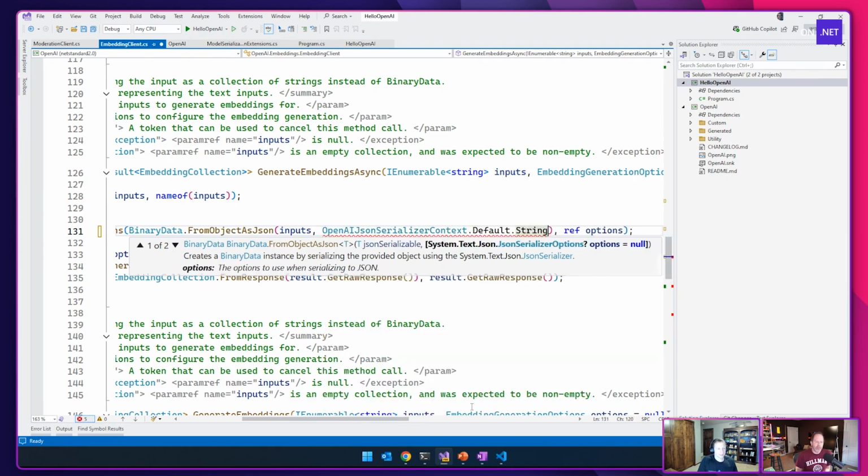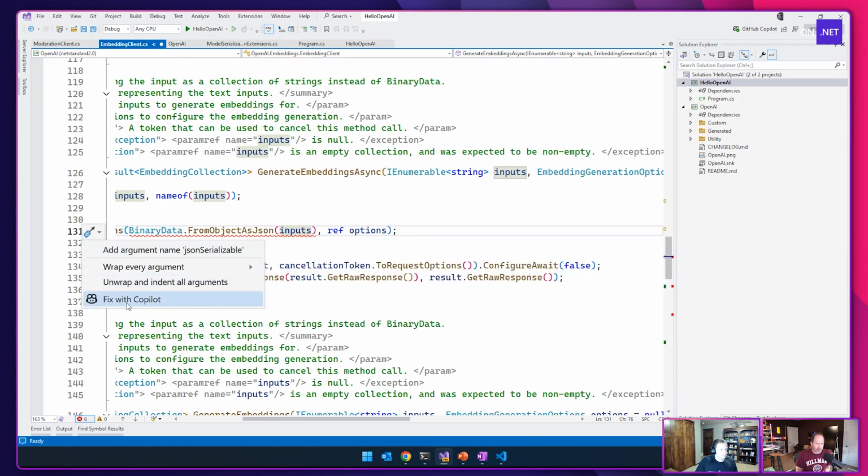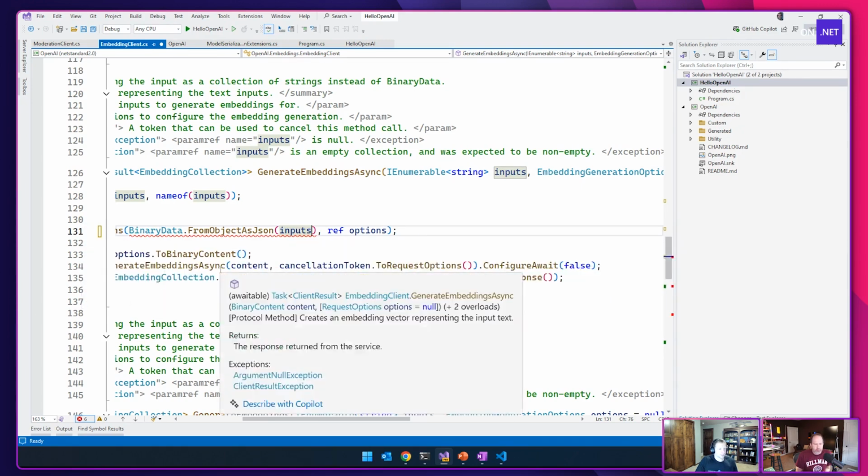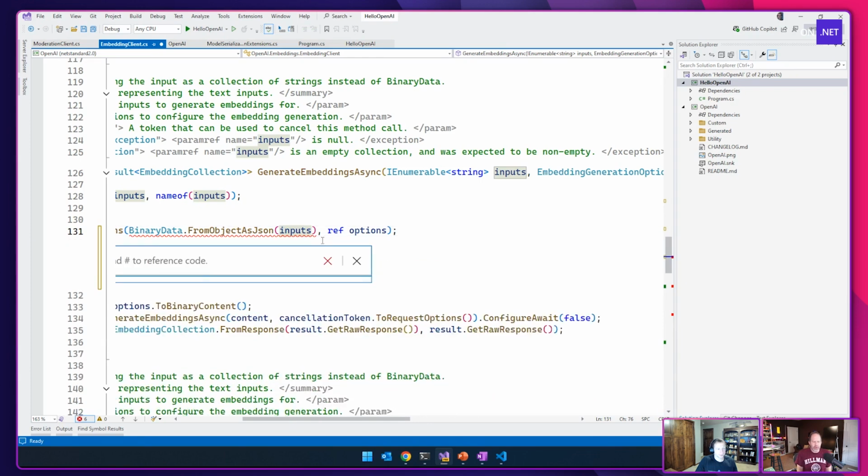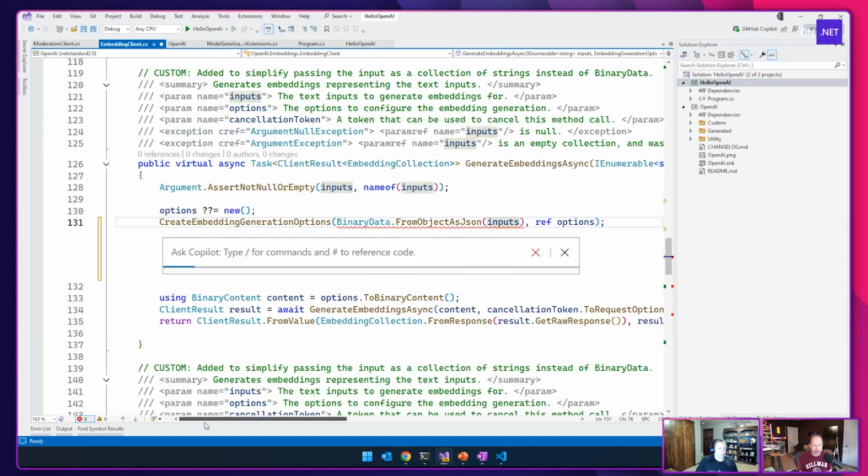Try hitting the little thing on the side there. Undo that and hit the little, there you go. Hit the screwdriver right there. Fix Copilot? That'd be crazy if it worked. Let's see what it says. Fix my code, please, Copilot.